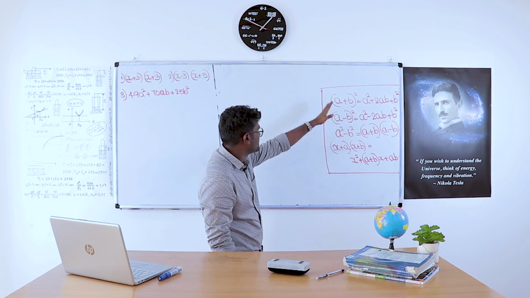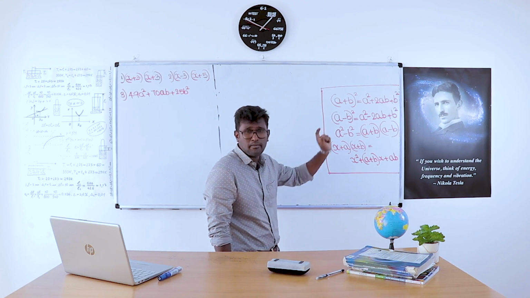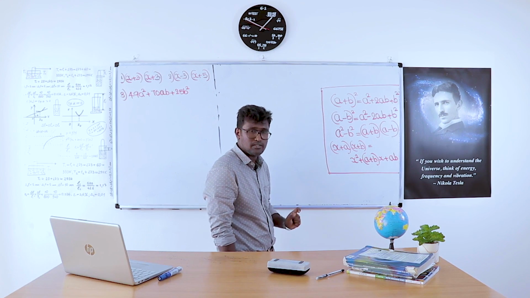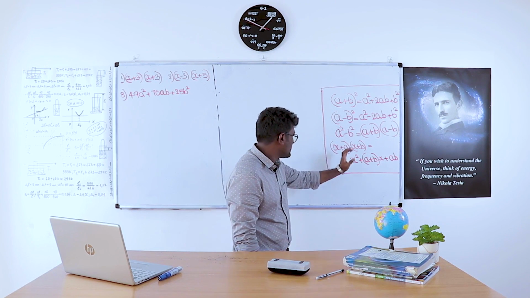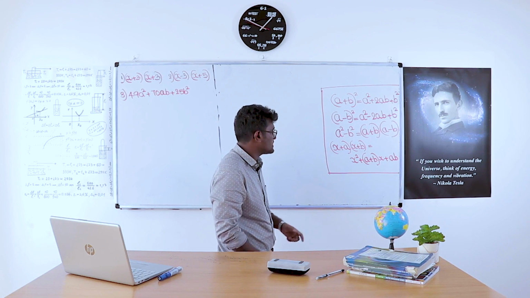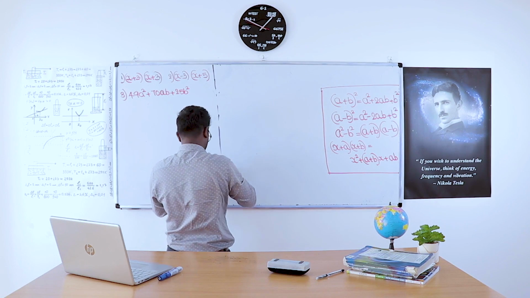So the first identity is a plus b the whole square, that is a square plus 2ab plus b square, a minus b the whole square, a square minus 2ab plus b square, a square minus b square, that is a plus b into a minus b, x plus a into x plus b is equal to x square plus a plus b into x plus ab. So how will you solve? So I will write just